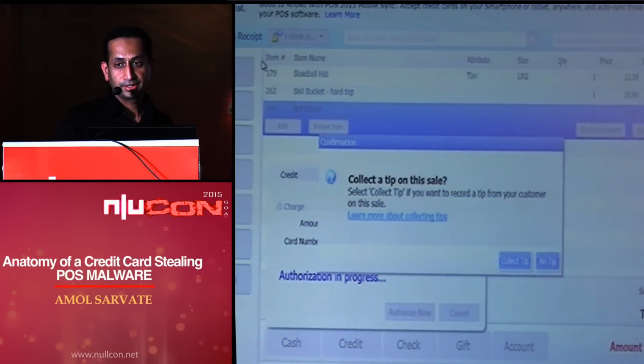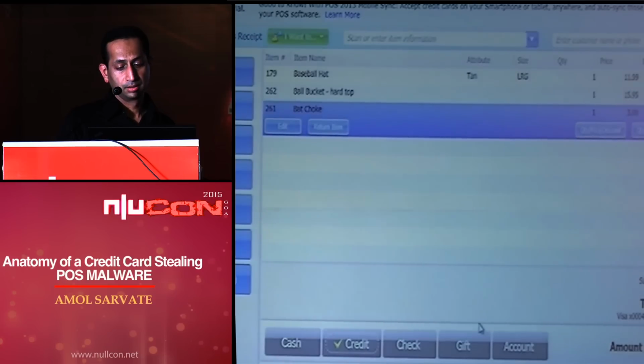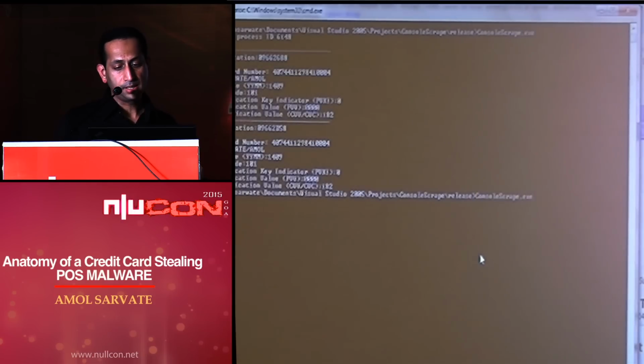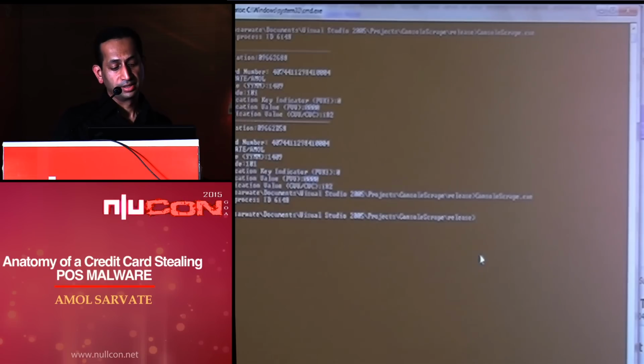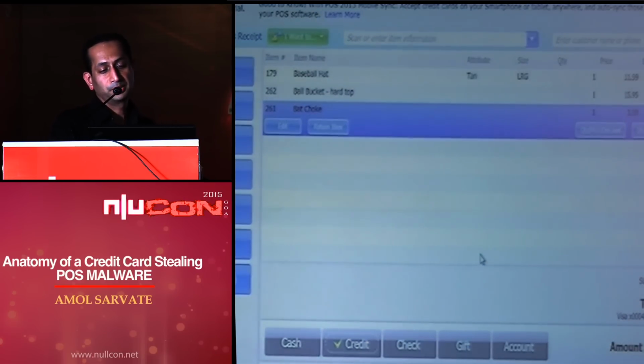One other interesting thing is, here I say no tip, and okay, so the transaction went through. So now if I run it again, it was not able to find it. So what happened was that this POS program, it's not that bad, as in after the transaction went through, it